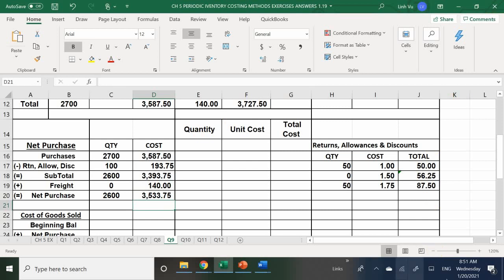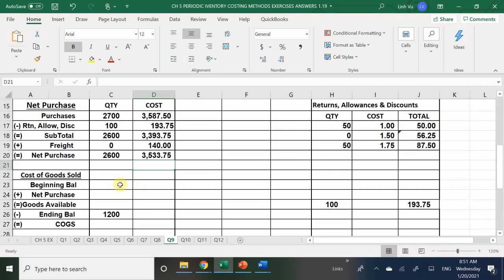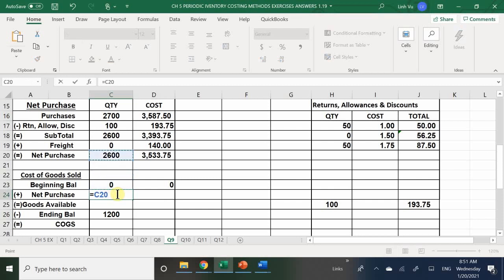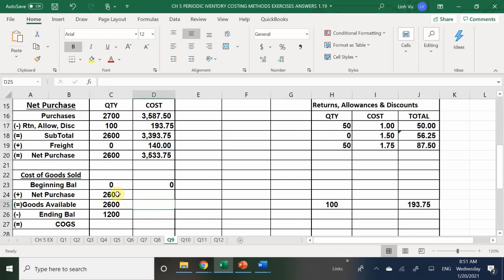So far is correct. So now that we have this number, because we don't have beginning inventory, our assumption is that when we pull down our net purchases, this is now our actual grand total. So our grand total is going to be 3,533.75, and we have a grand total of